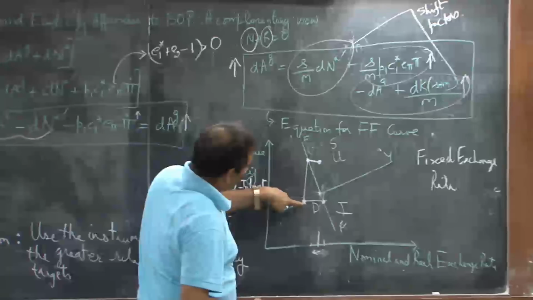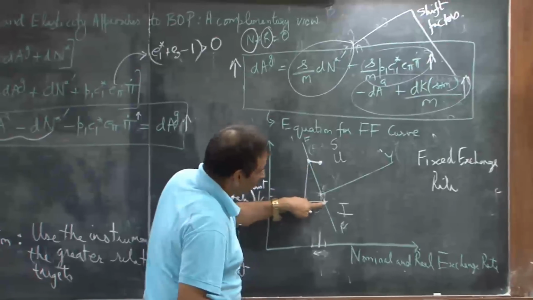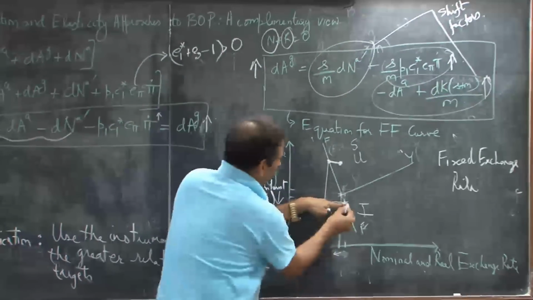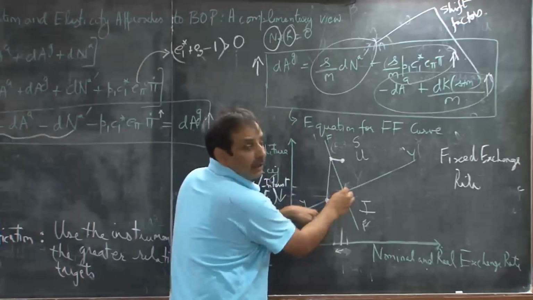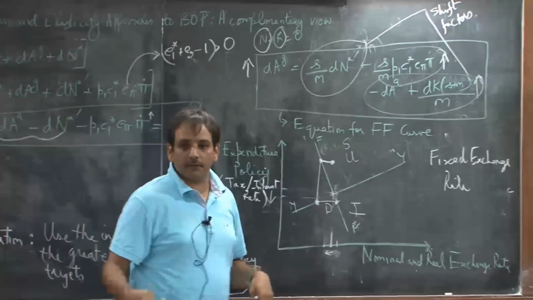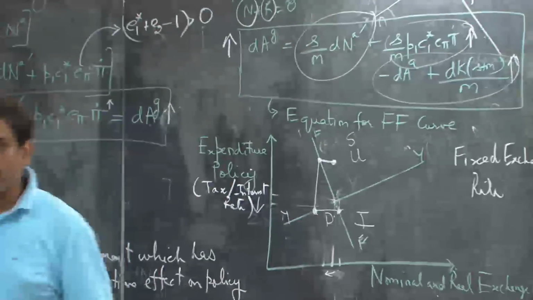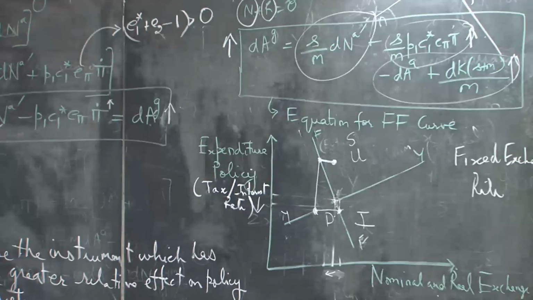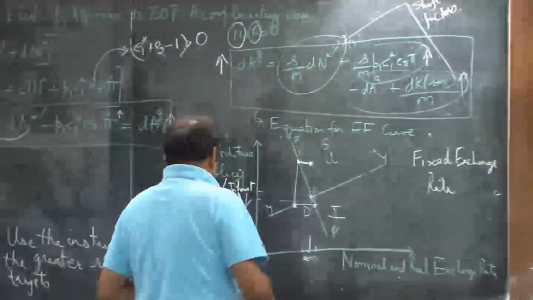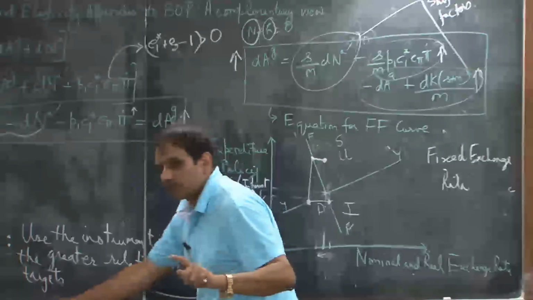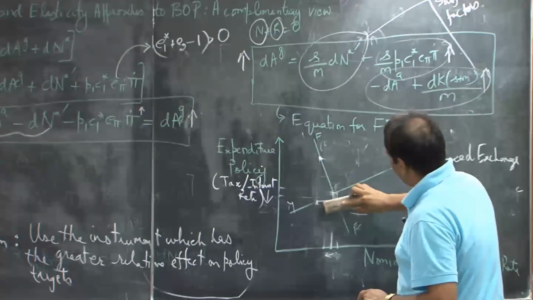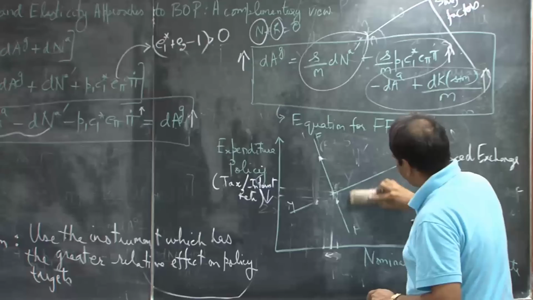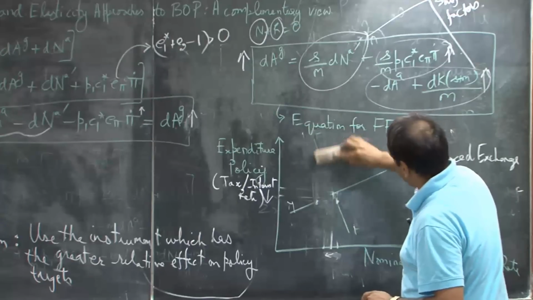You wouldn't move from here to here, you would move from here to here directly, then here to here, here to here, here to here, and then finally to this, if it's a flexible exchange rate. But I have another thing in my mind. What would have happened? This is a case of stable instruments. You are able to achieve the equilibrium. What would have happened